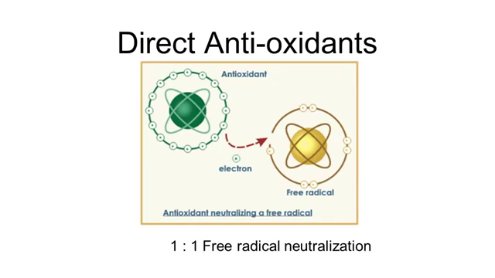Now, the way that we have historically tried to deal with this problem of oxidative stress is by taking antioxidant vitamins, things like vitamin E, vitamin C, beta-carotene, and so forth. And those types of antioxidants work like what's shown in this picture here. You have an antioxidant molecule. You have a free radical that's got an unpaired electron in its outer shell. This antioxidant molecule donates an electron, satisfies the outer shell of the free radical, neutralizes the free radical, but it's a one-to-one arrangement.